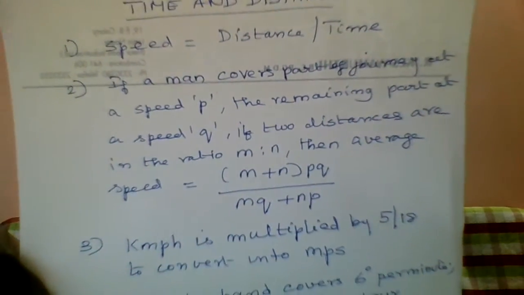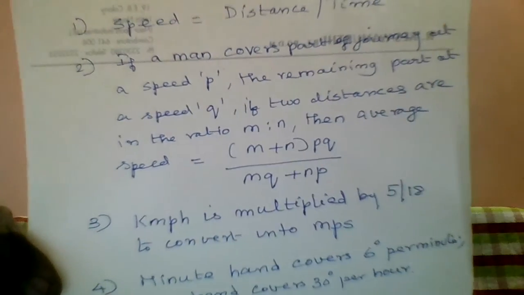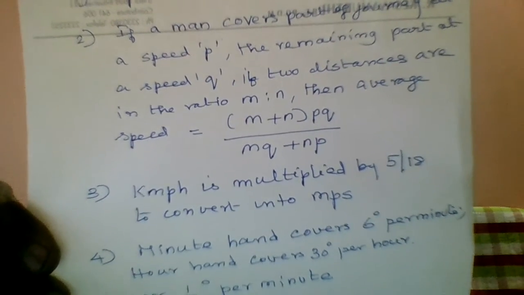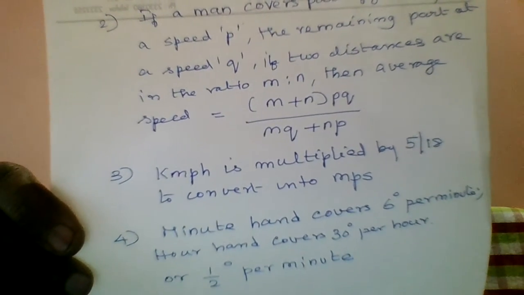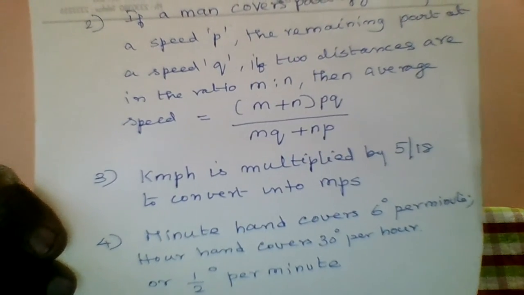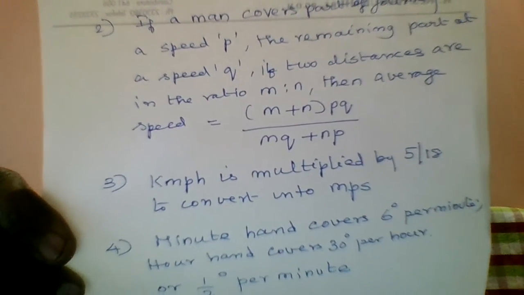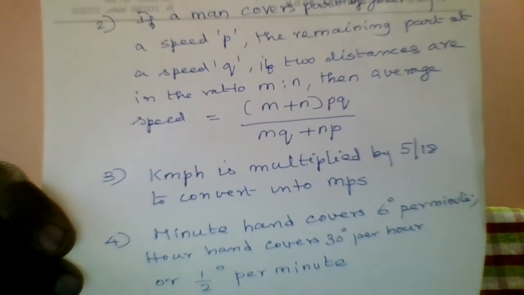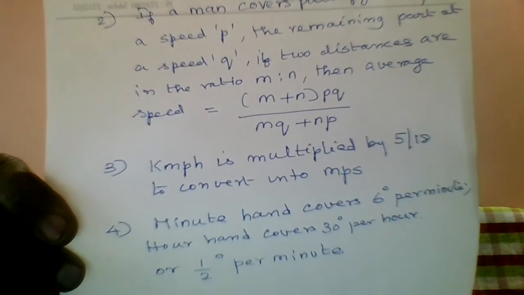Now let us look at some formulas related to time and distance. Time and distance is another important chapter where you get a lot of questions. In time and distance, the speed is equal to distance divided by time. If a man covers a part of the journey at a speed of P and the balance journey at a speed of Q, and the two distances are in the ratio m is to n, then the average speed of that man is